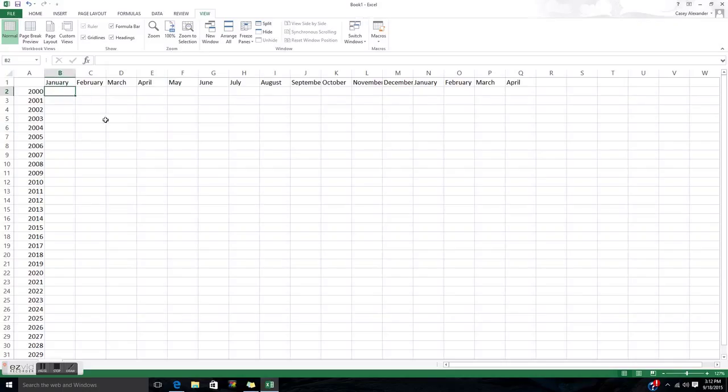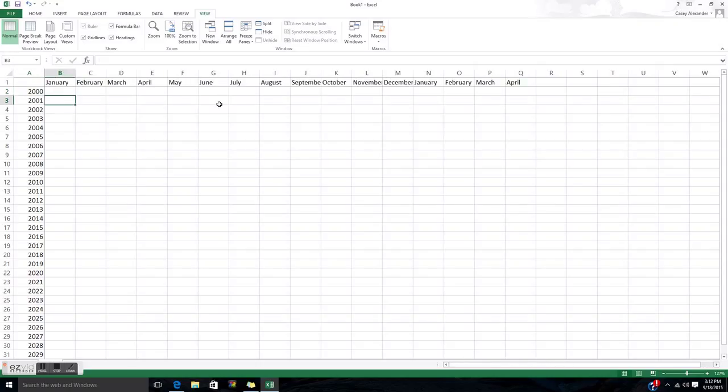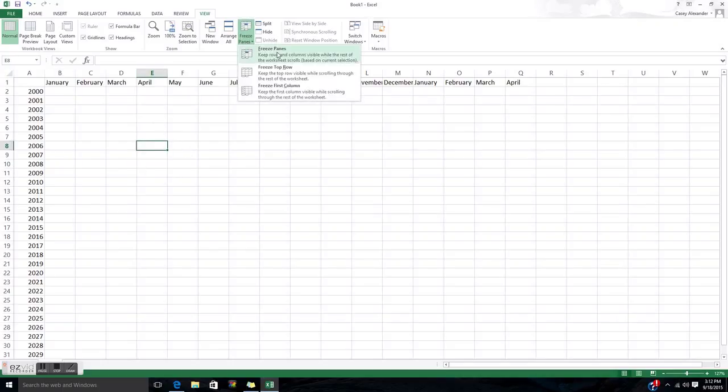So the basic one here is if I'm going to click on B2 and then go to Freeze Panes and then click Freeze Panes, no matter how far to the right I go, I'm always going to see column A, and no matter how far down I go, I'm always going to see row 1. And if you go to Freeze Panes and click Unfreeze Panes, and if you select some other area,